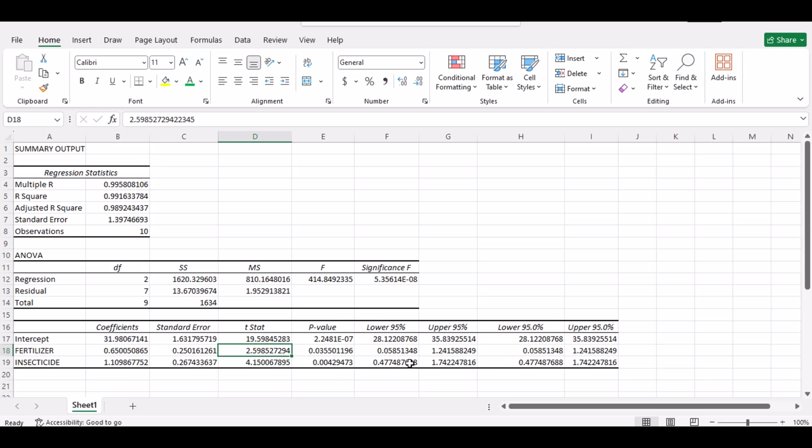It shows that these two variables, the fertilizer application to the corn and the insecticide application to the corn, really improved the corn yield